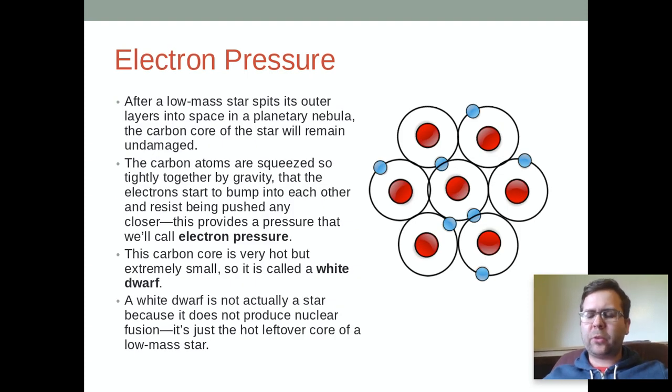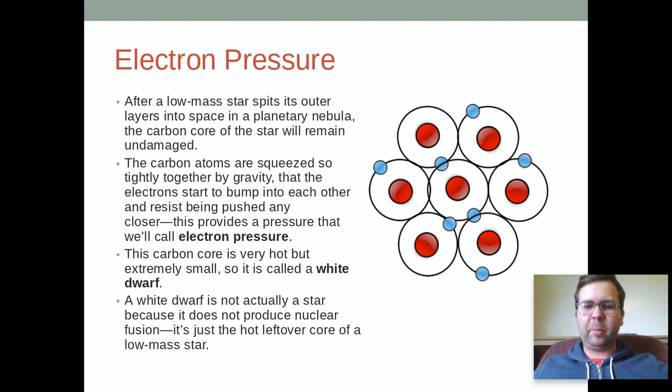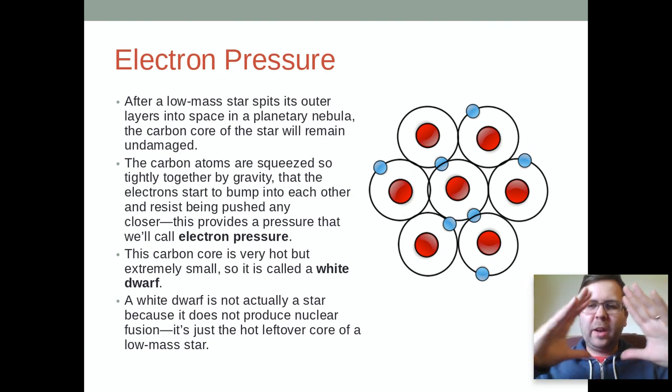When a low mass star dies, the core is made up of carbon atoms. Helium fuses into carbon, and these carbon atoms are pushed together by gravity. For a low mass star, gravity is just strong enough to push these carbon atoms together until basically there's no more room. It's like social distancing is just completely useless at this point because these atoms have been pushed together as close as they possibly can go.